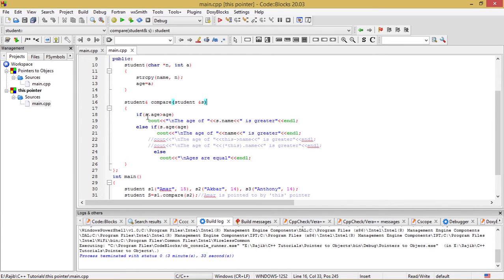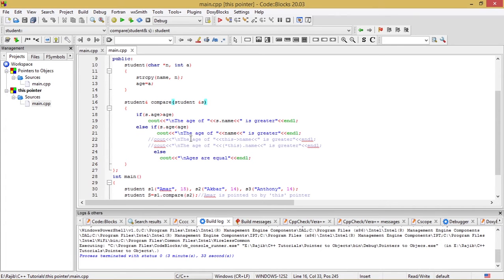The logic is like this: if s.age is greater than age, then cout the age of s.name is greater; else if s.age is less than age, the age of name is greater; else cout ages are equal.